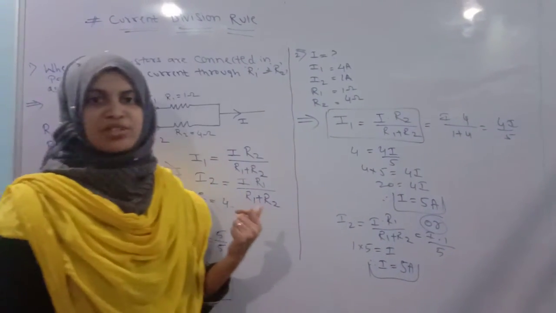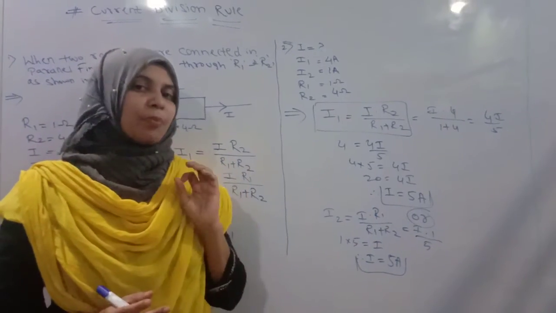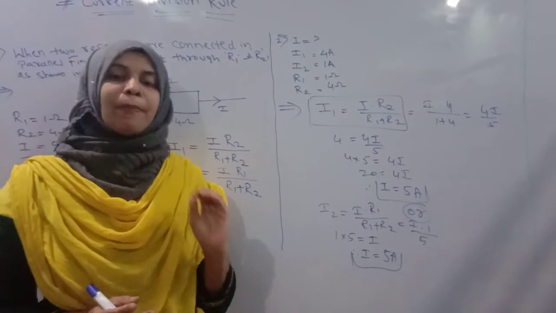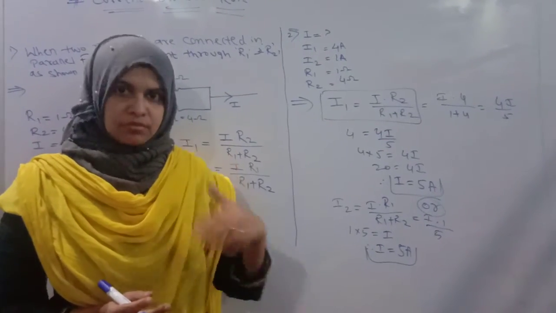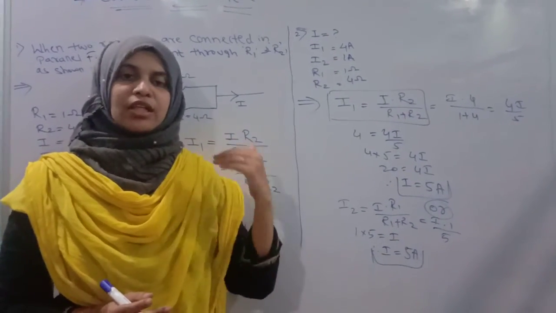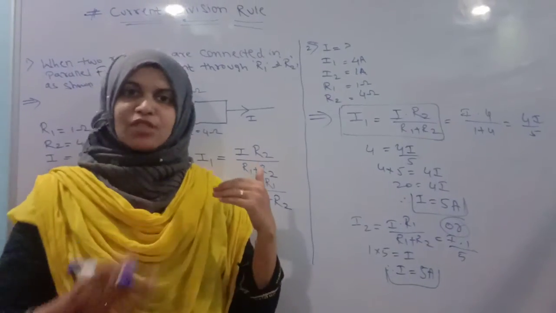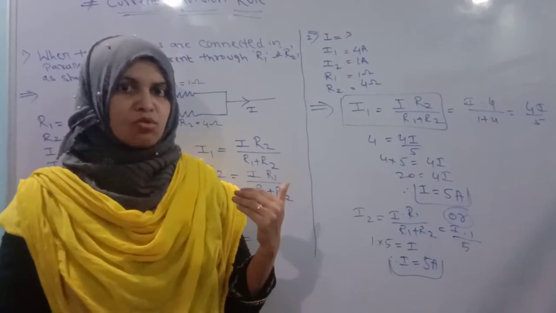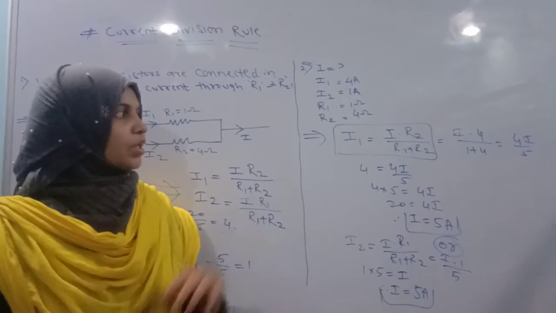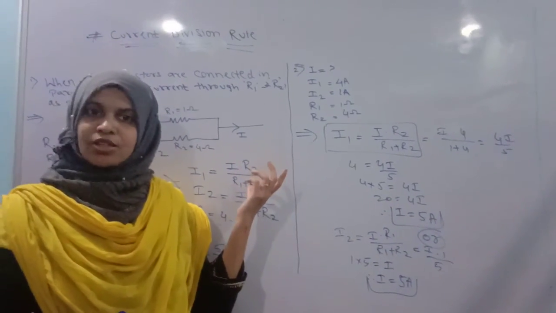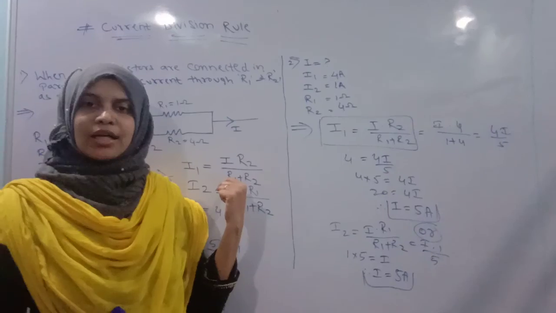In this way we have studied how to calculate the particular amount of current flowing through a parallel circuit. You may calculate any number of branch currents by looking at the figure, whether you have 2 branches, 3 or more than that. So the particular current you can calculate. In the next lecture we will see a few more numericals related to the current division rule.